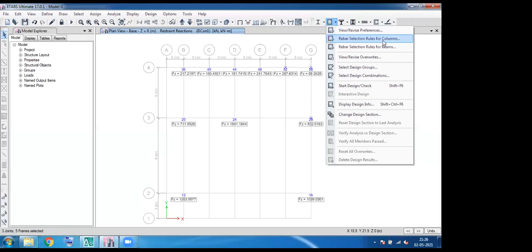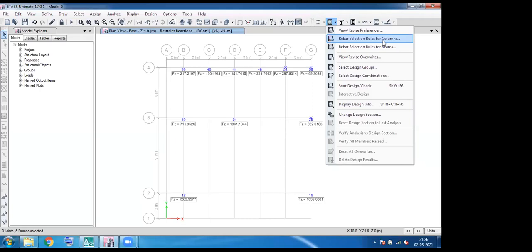Also, we need to edit. We're not going to directly take these results and submit them to the client. We are going to manipulate them based upon the area we have in the manual calculation, and also we will provide you some Excel sheets.